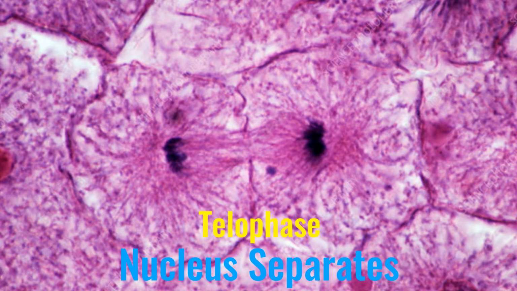Telophase is when the nucleus, but now it's nuclei because there are going to be two of them, splits. So the nucleus splits in half and it forms two nuclei. So now I have a cell with two nuclei, and they're identical to each other because the DNA first was